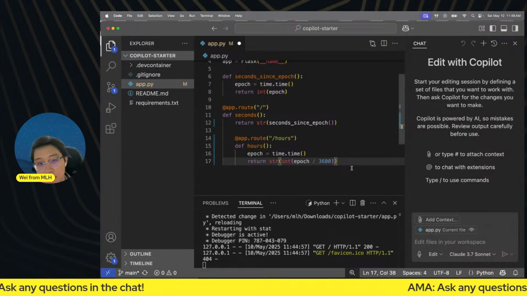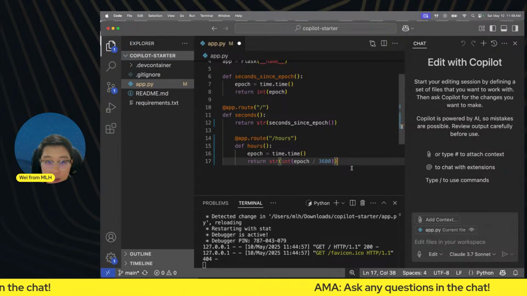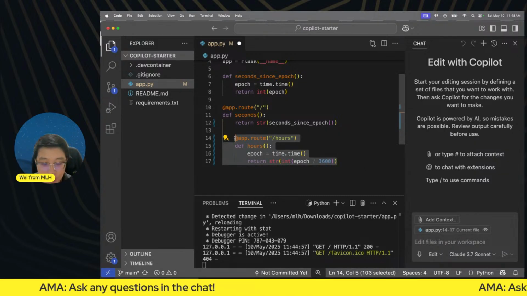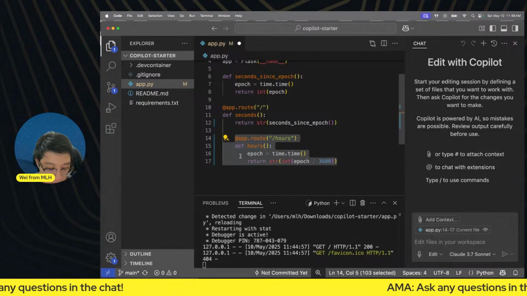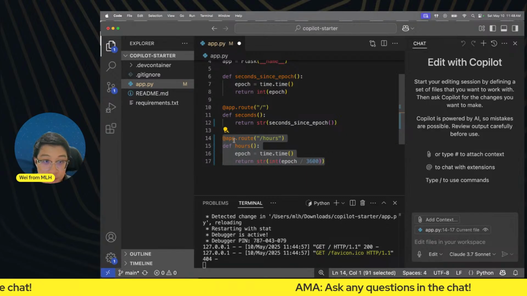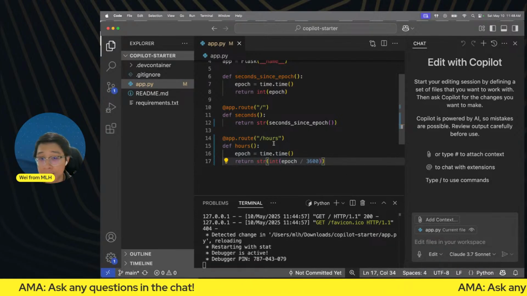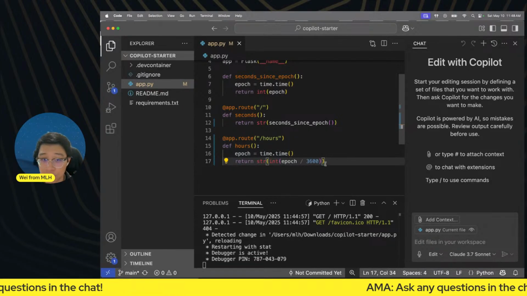And in this case, if you are a Python developer, you know the indentation is incorrect. So let's fix it together real quick. Of course, you can have AI fix it for you, but in the interest of time, we'll fix it by using Shift-Tab to move them towards the left a little bit, and then hit save. And just like that, we have created a /hours route.